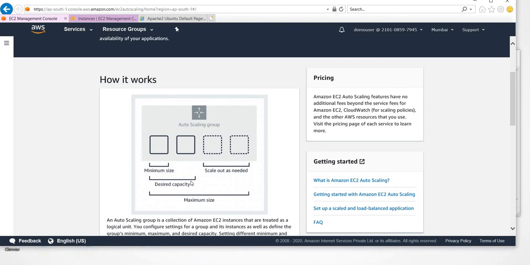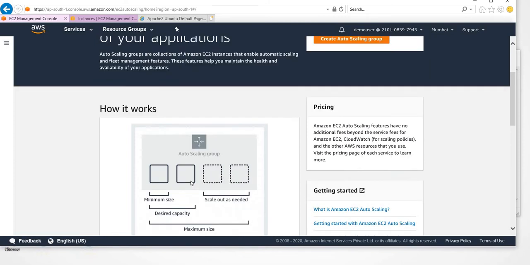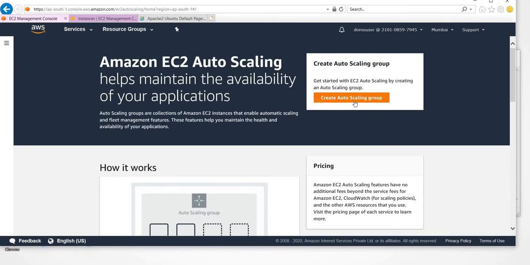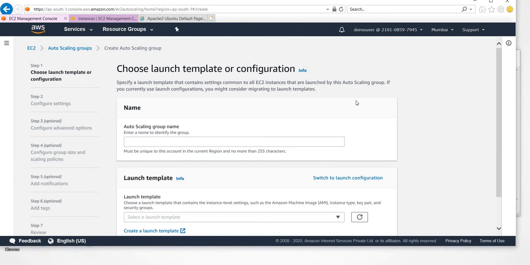For example, we could say if the CPU utilization is greater than 70%, then you can add 2 instances or 3 or 5 or 10 or 100. Those will be the numbers, how many instances need to be added. Likewise, we can do the same for the scale down, which means the removal as well.